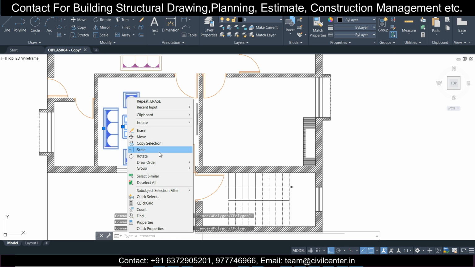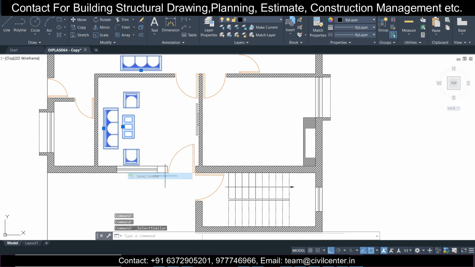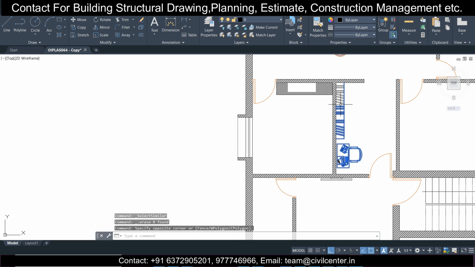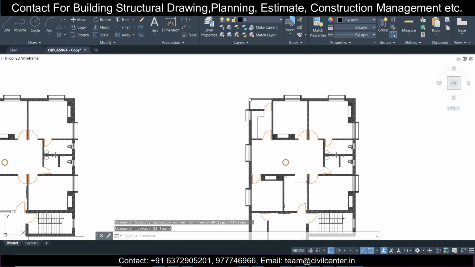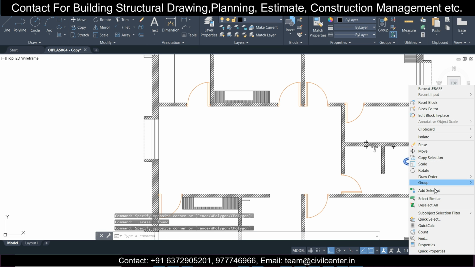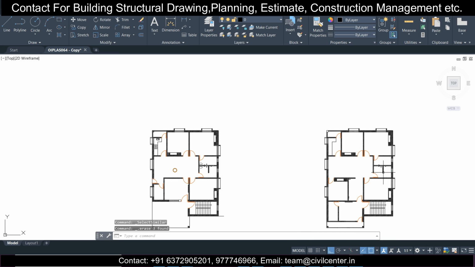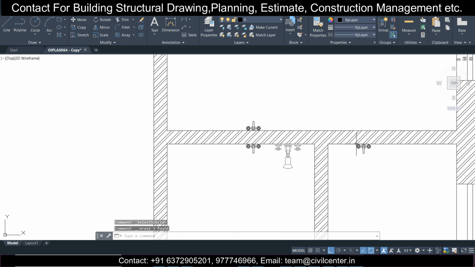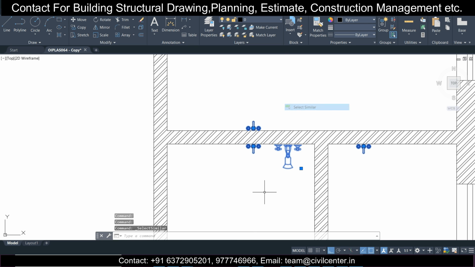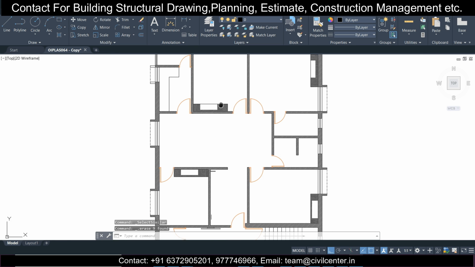Okay, let's see if we can get something with select similar. Yeah, got most of them, and here also. So all the furniture components I have deleted. We want as few things as possible, because we are going to import into Tekla.